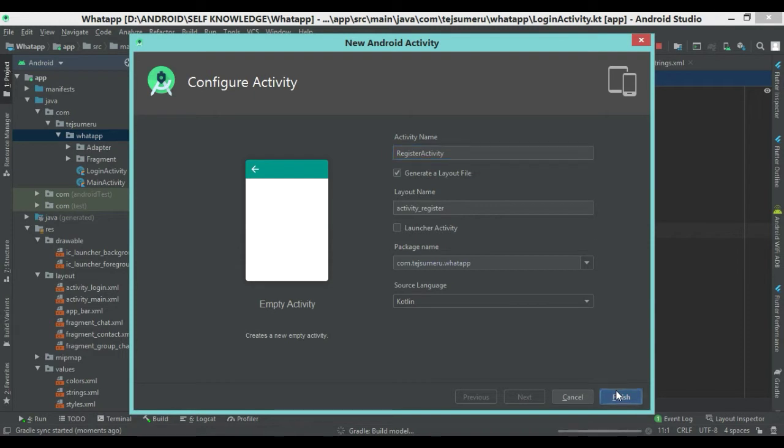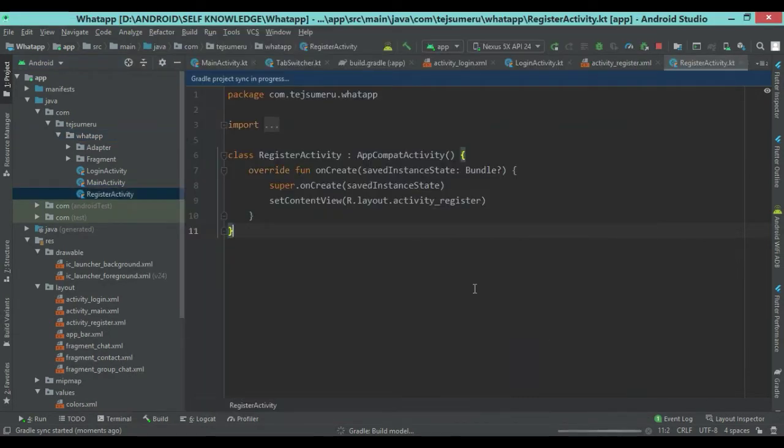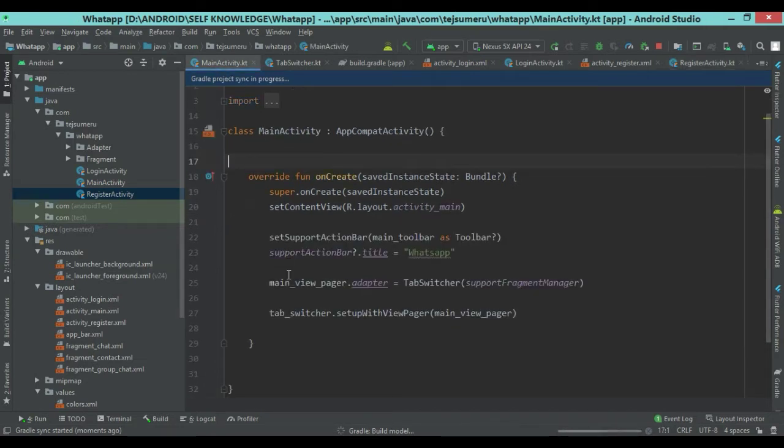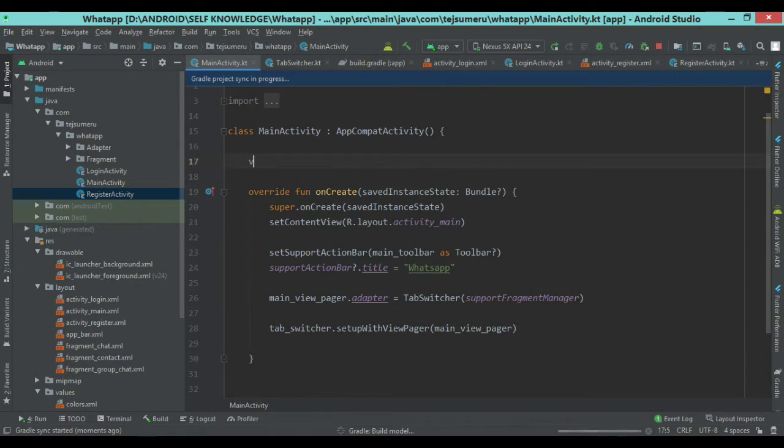Okay, now first we go to the main activity, and here we are creating the variable, that is Firebase user, or we can say the current user.